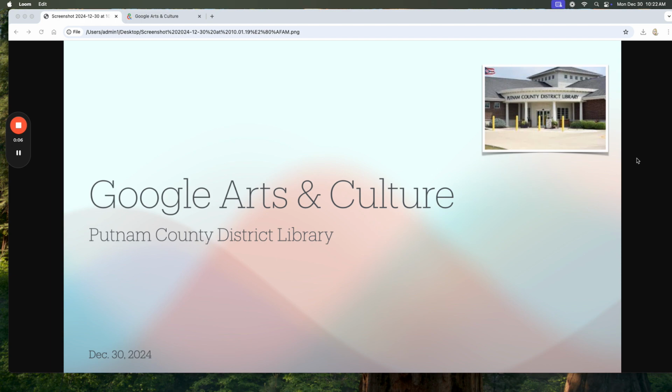This week we are taking a look at, on the listing it says Google Expeditions. Google Expeditions has basically been eliminated and has gone in with Google Arts and Culture. So we're going to actually be looking at Google Arts and Culture, which Expeditions is now part of. So if you go to